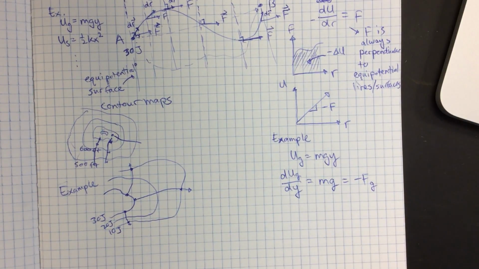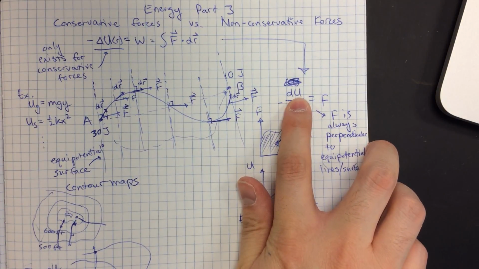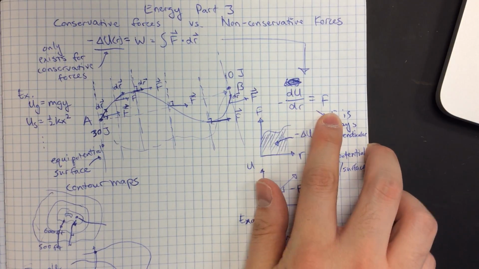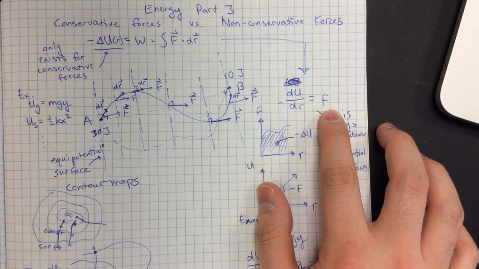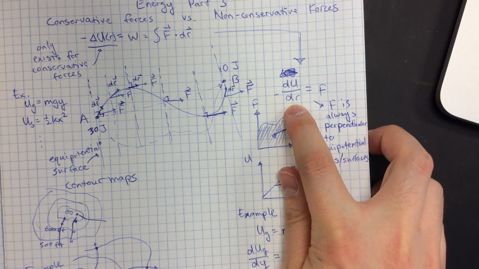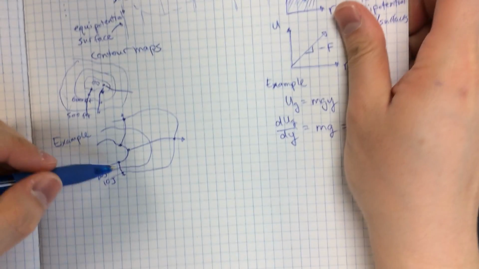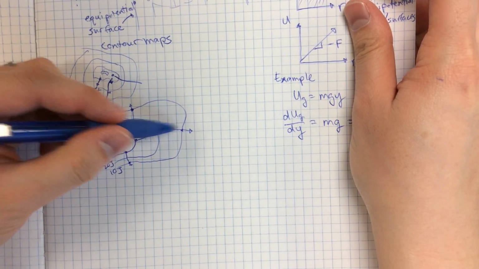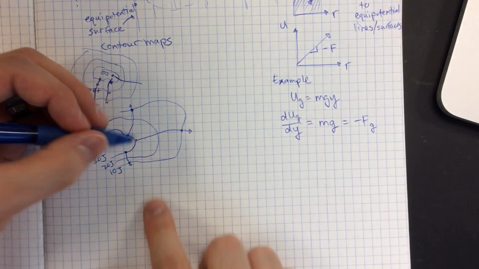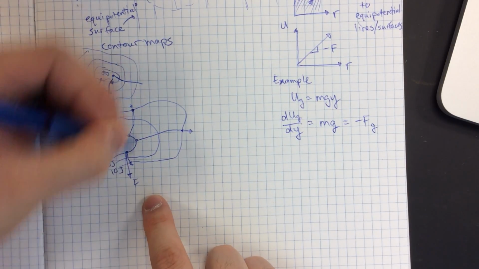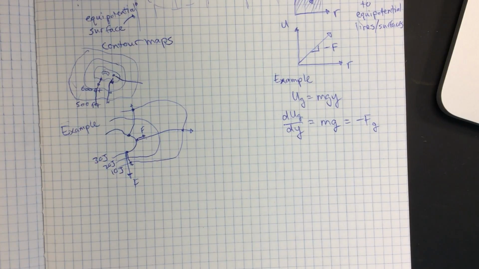Maybe this is kind of a stretch. I'm kind of asking pointed questions. If it changes the same amount of potential energy in a shorter distance, doesn't that mean it has a stronger force acting on it, right? If dr, if the change in the distance is less for the same amount of potential energy change, it must be accelerating more here than it is over here, right? You must have a stronger force here than you have a force here. Does that make sense? Your equal potential lines can really give you a visual representation of what your forces are